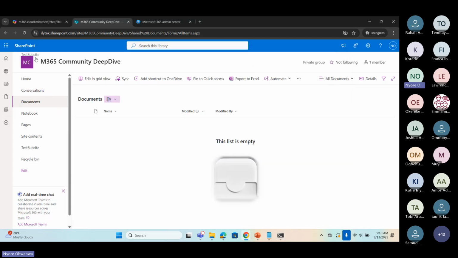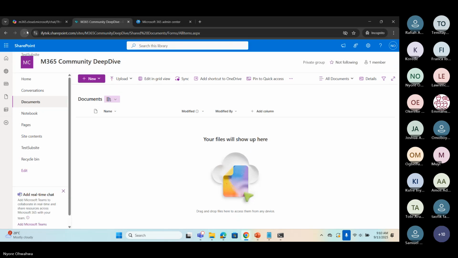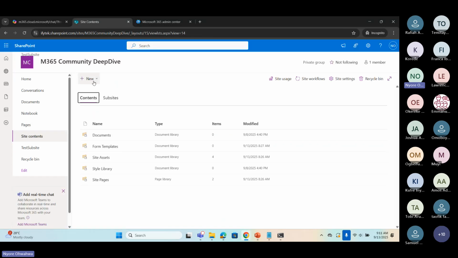Okay, done. Refresh the site. Okay, so everything is back to how it should be. So those are the two ways that we can unlock sites.